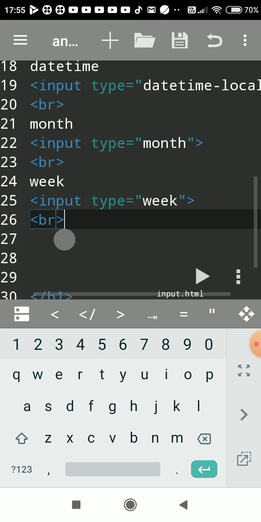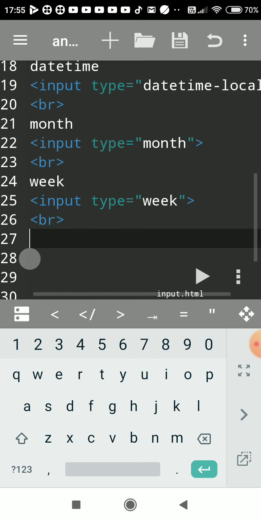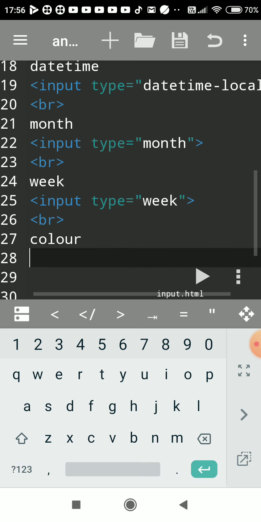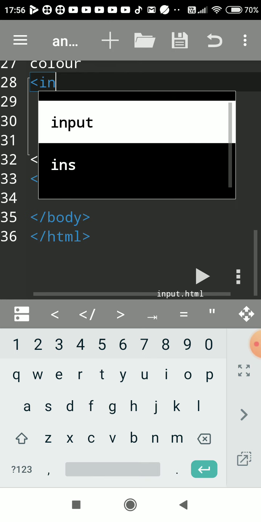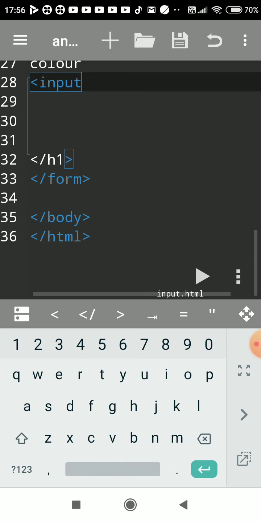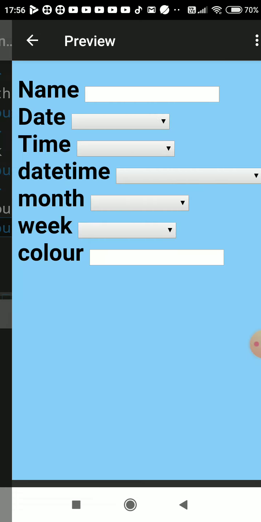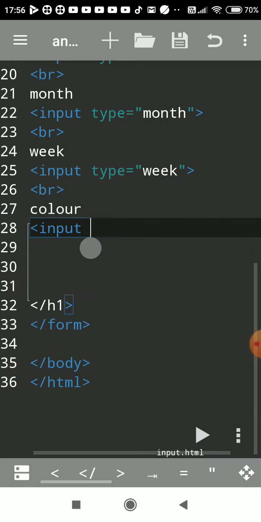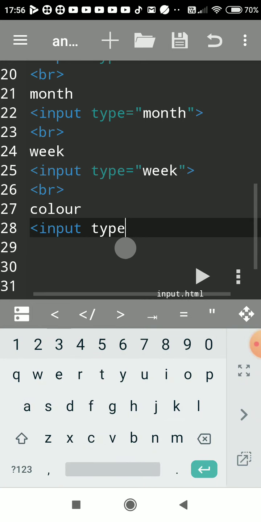One more control we'll see today, that is color picker. 2-3 more we'll see, sorry. Color. We want user to select color, so write input type is equal to color.